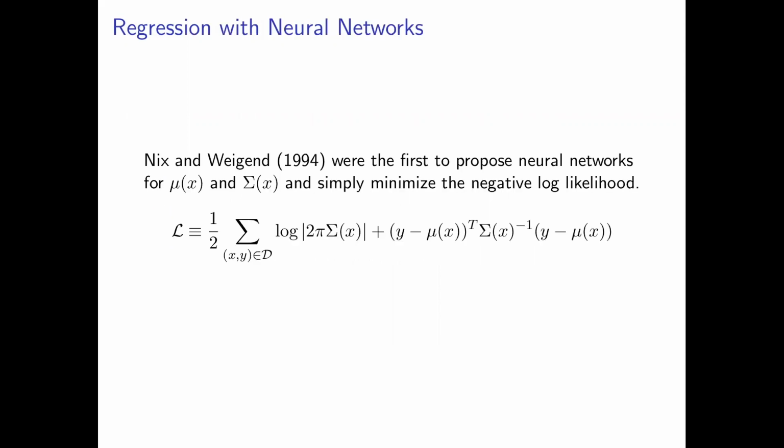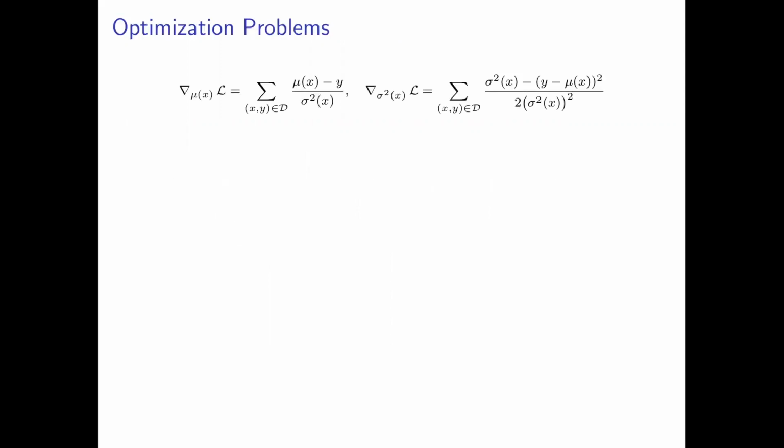The idea to use neural networks for these approximating functions goes back 3 decades, and to do so, one minimizes the negative log likelihood using standard backpropagation of gradients. Unfortunately, this conventional fitting procedure can result in heteroscedastic models with poor predictive performance. Looking at the negative log likelihood's gradients with respect to the model parameters estimates explains why.